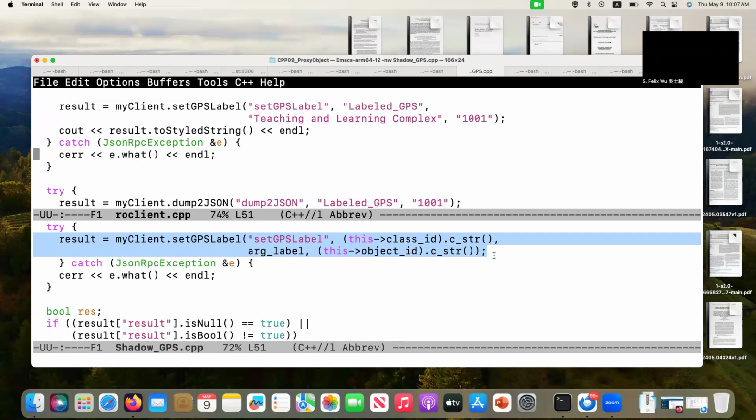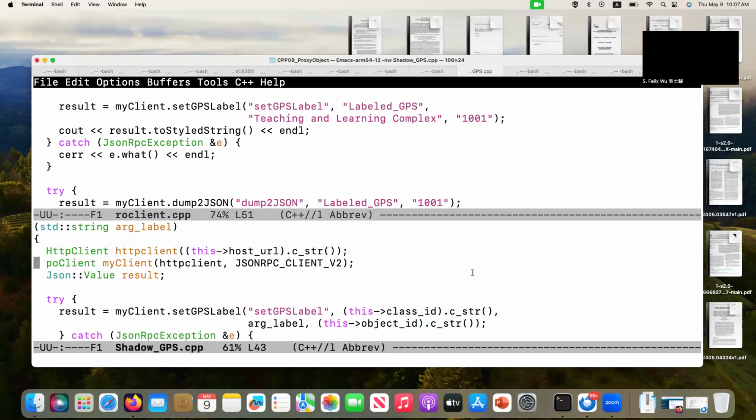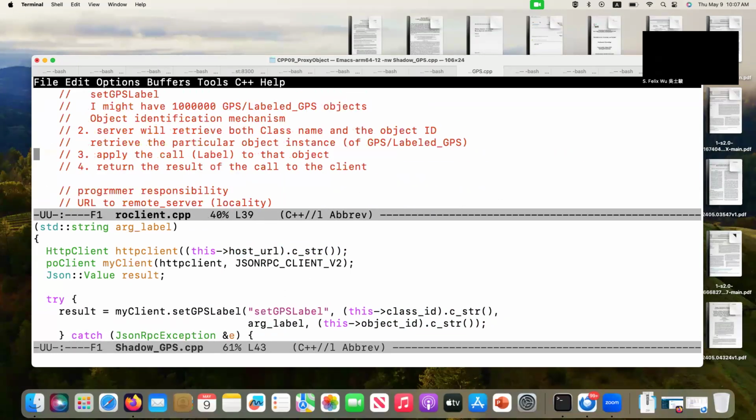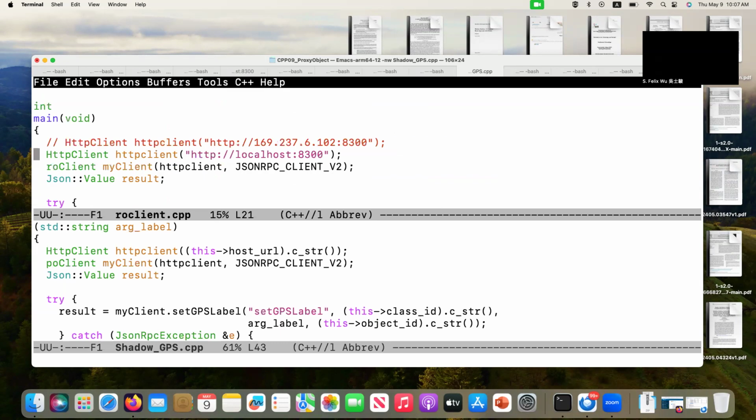But over here in the shadow, I basically pulled out the three pieces of information, the class ID, object ID. By the way, the URL was actually used here. If you missed it, the URL is used to configure the client over here. You see that this is the line that's comparable to this. I actually had to hard-code the URL, but over here, when you construct the shadow, whatever URL you provide, I'm going to use